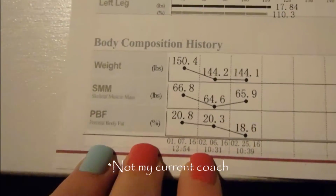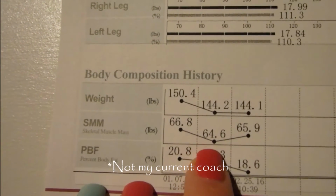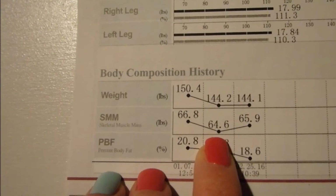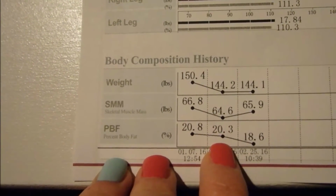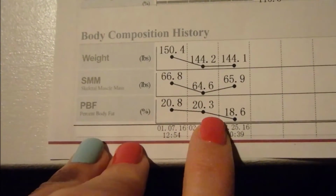And I did lose weight, as you can see, but I also lost a lot of muscle mass because I wasn't eating enough protein. I was only eating 125 grams of protein. So you can see that there, and my body fat didn't change that much. So yes, my weight went down here, but it was mostly muscle mass because look at my body fat did